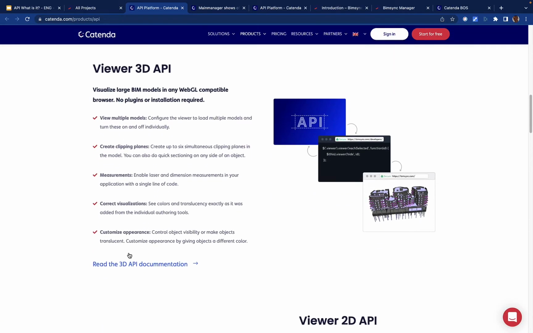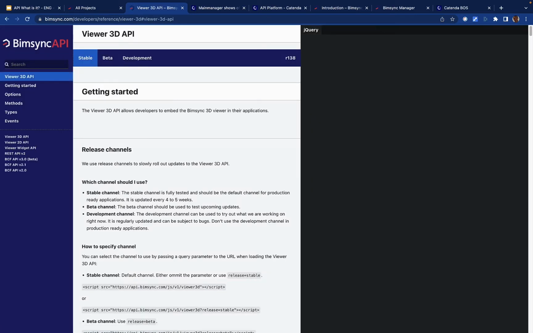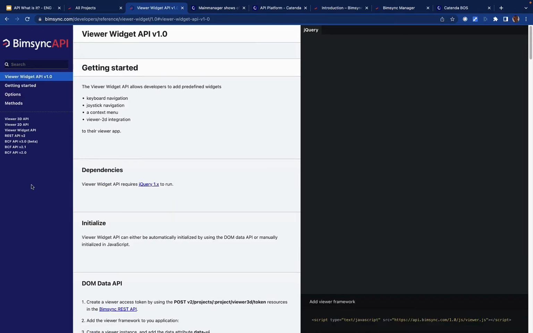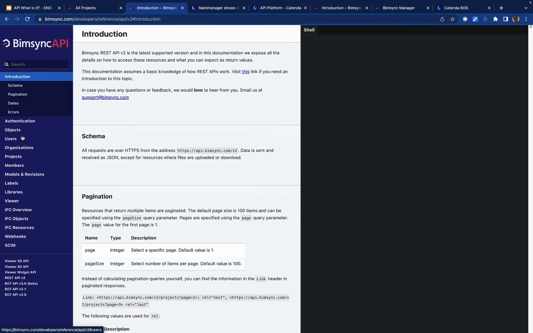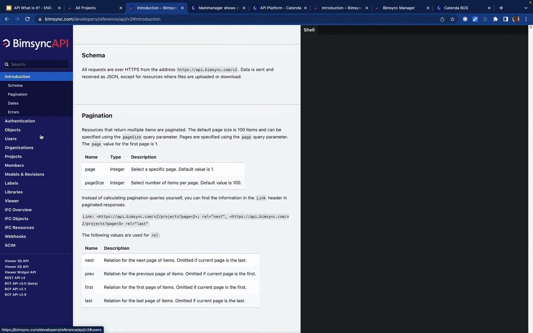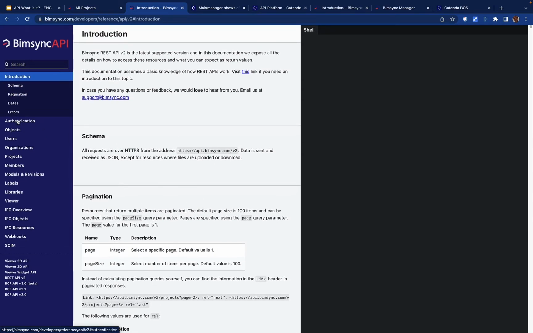Sorry, and then you need to go to 3D API documentation. Here we go. So here you have the online Bimsync API documentation, and it's broken down into the modules. You have the 3D API, 2D, a widget area, which is the little buttons you can put on the viewer, the REST API, and lastly the different versions of the BCF API. If I stay on this page, this is where you can see all the functions and methods that are available for your use